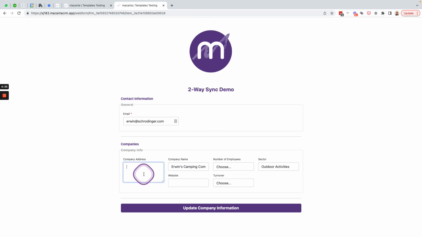So company address, we're going to say their website, erwincamping.com, number of employees and turnover. And we can see outdoor activities is already there, but it can be corrected if it's wrong. So I can now go and say update company information,